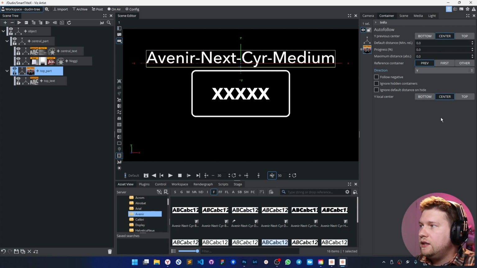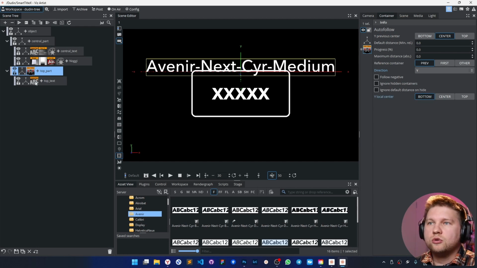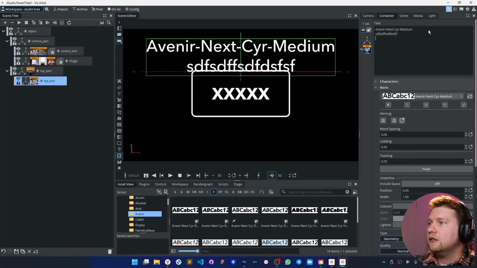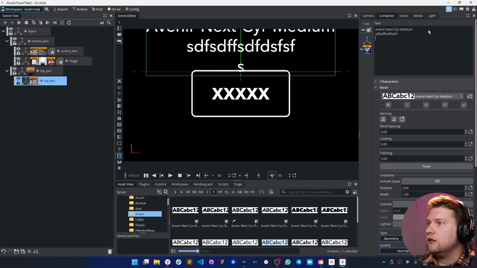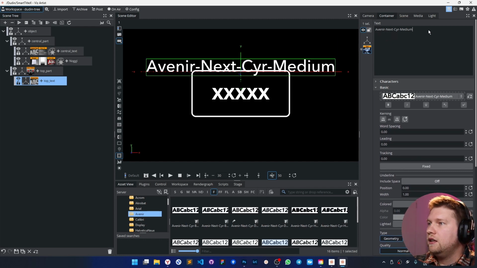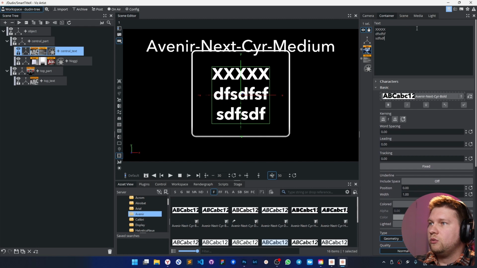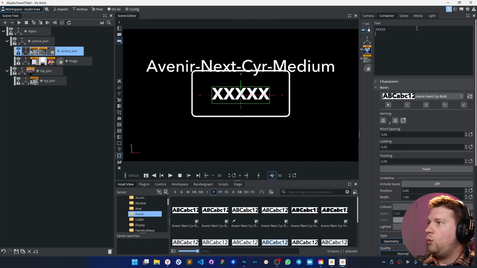So as you can see, the pivot point for the text block for this top part should be at the bottom of this element. Of course, it shouldn't be the center. It should be the bottom. And now it should work as it should. Okay, let's check the changing text here. As you can see, everything is working fine as I expect. And if I change the number of lines here, that's also working very, very well.